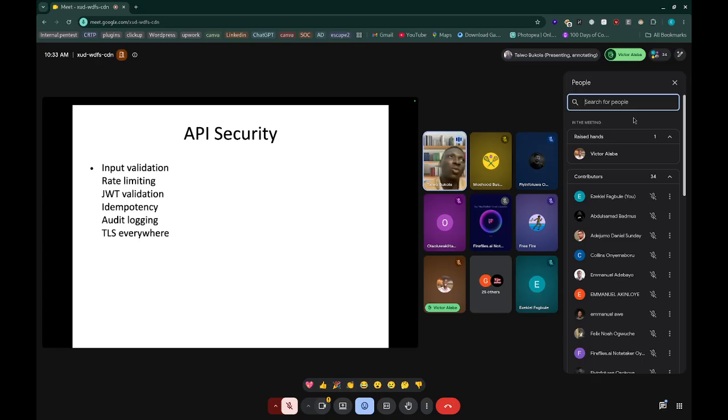There's a name for it, I've forgotten. Someone can try to exhaust all your resources, so they just want your system to go down.